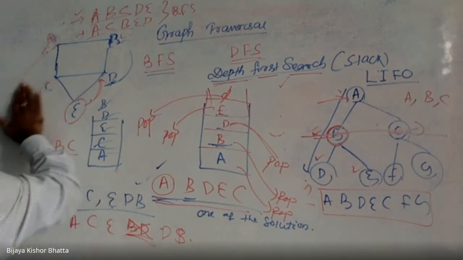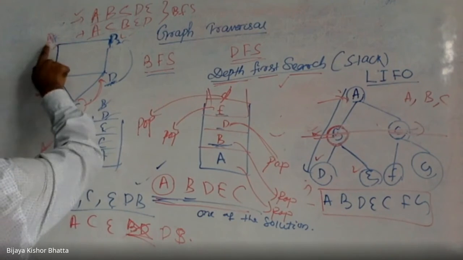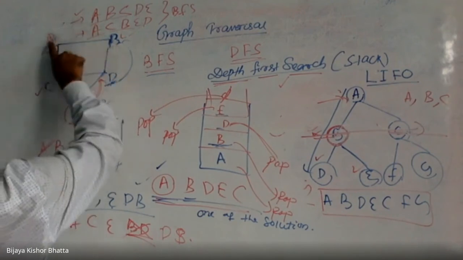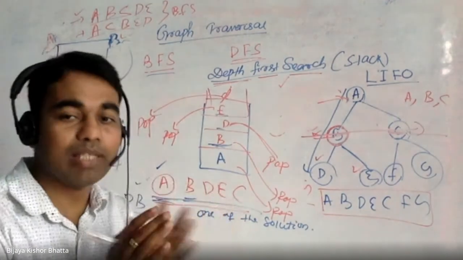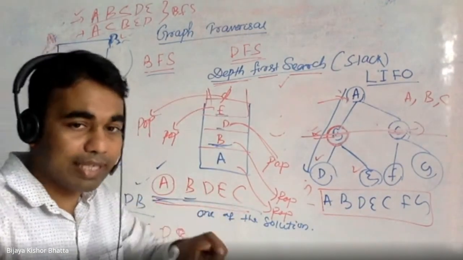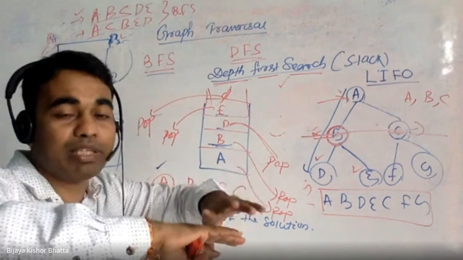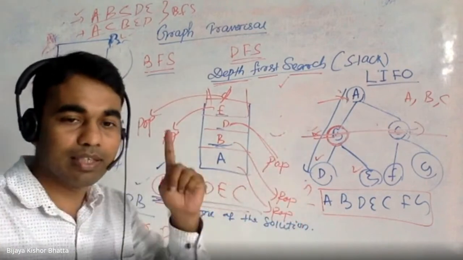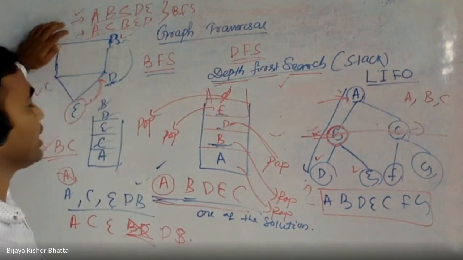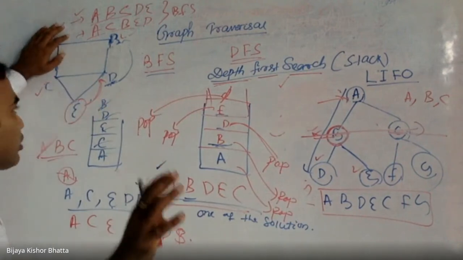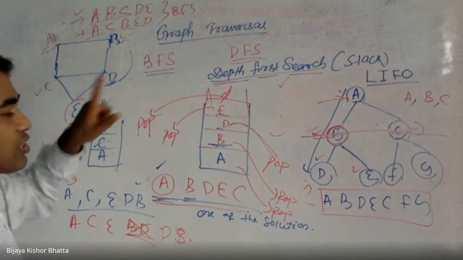So let me erase this. Let me go one step ahead. Whenever A is connected to B, suppose I am going to B, I will apply the same logic. What is my logic here? The logic is I will check. There may be 1,000 children, but I'll choose only one. For B, there may be 1,000, but A is already completed, so I'll not consider that. So B has only one choice then, D.